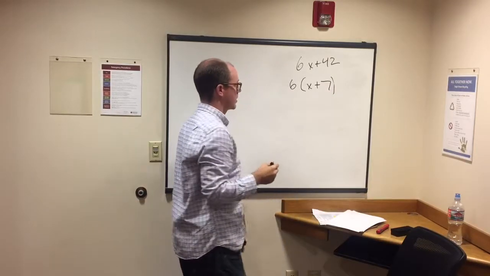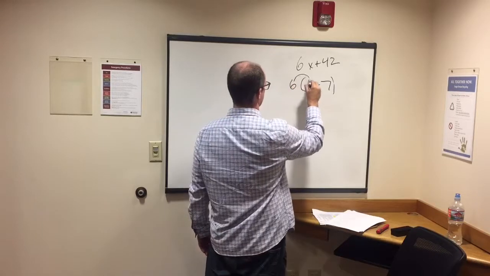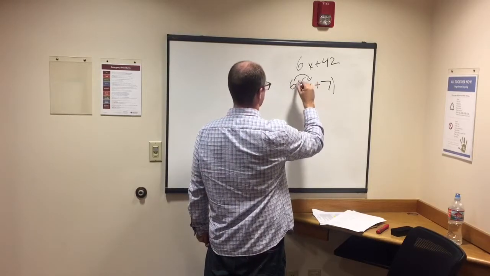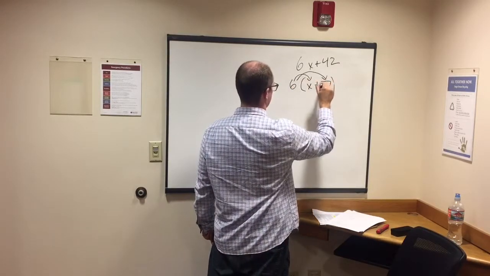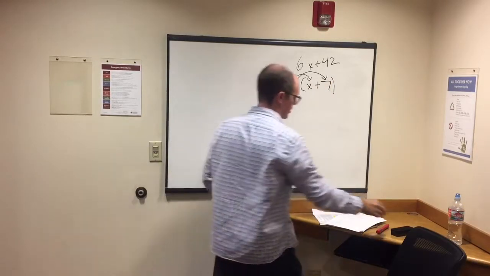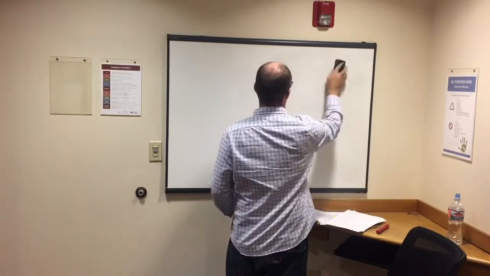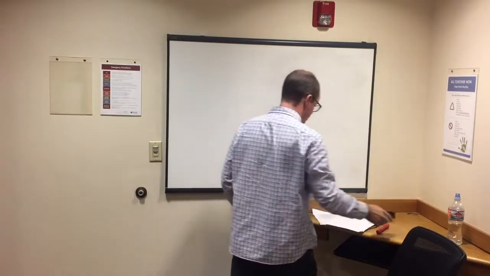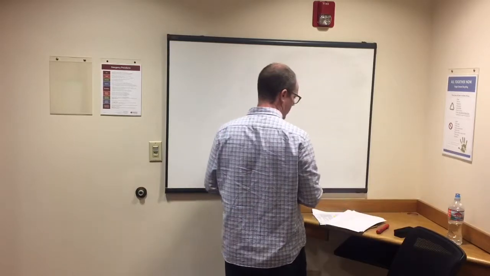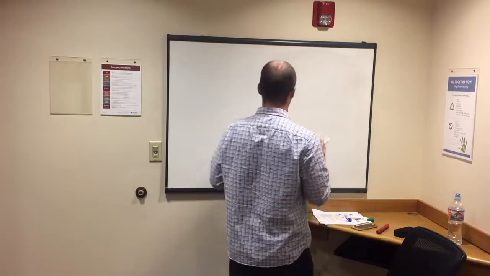And then I like to back check, if you want to, using distributive, right? 6 times x equals 6x, 6 times 7, 42. So that's factoring, right? And you'll get some simpler questions that are like that, but you also might get something, this is going to take me a second to write out here, so bear with me,